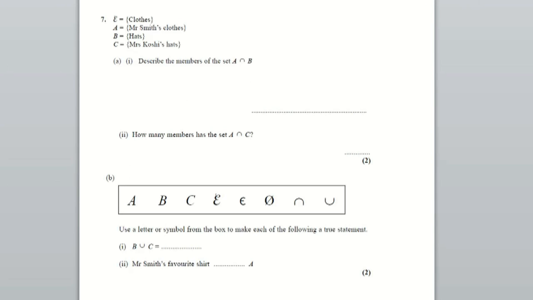Set questions, when it asks you to describe or interpret, it's not just asking you for the definition. So in this case, it's not saying what does A intersect B mean, it means what's in both. It means interpret it in the context of this question. So set A is Mr. Smith's clothes, set B is the hats. So describing the member of the set A intersect B is